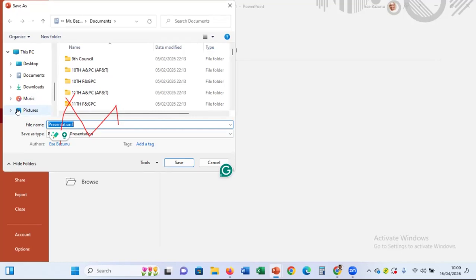Normally between desktop and documents, you save your presentation. So you can choose desktop, you can choose documents. So let's choose documents. And then the name. What is the name that you want to use to save the work? Let's use